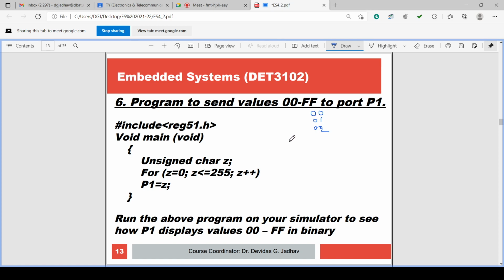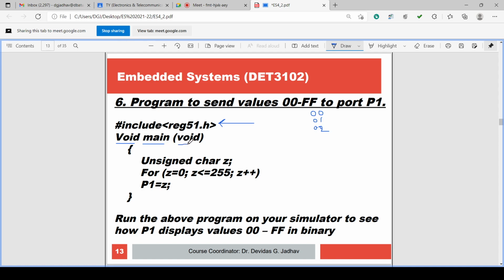Program to send value 00 to FF to port P1. We'll write the program. The program starts with #include <reg51.h>. Then void main(void). The first void is because main is a function which is not returning anything, so the returning value is void.